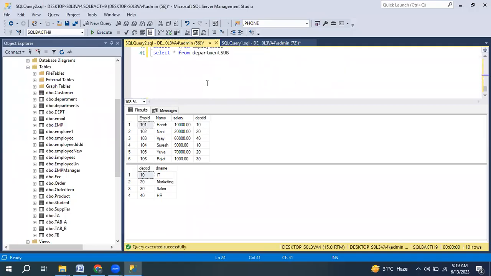So today our topic is subqueries and correlated subqueries. Okay, so first, what is a subquery? A subquery means a query within a query. A query within a query is nothing but a subquery. Means, for example,